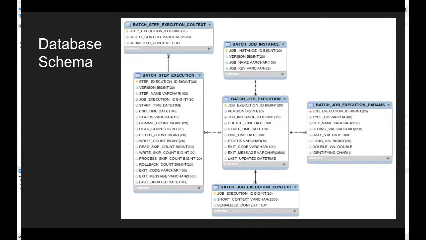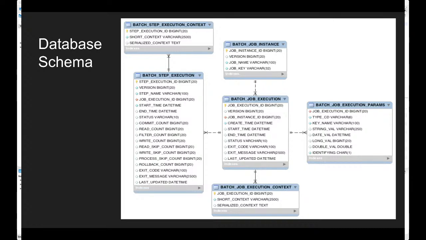In the beginning we discussed that the batch job's best feature is that it provides statistical data for us, like the metadata of a batch process. You don't have to do anything separately for that. All you have to do is configure a database, and boom, that's it. So it is a schema where we have the metadata of everything.